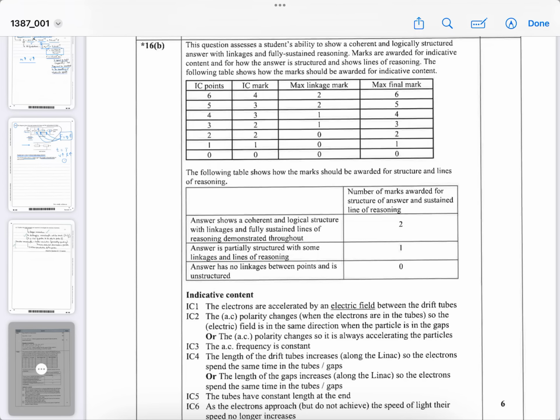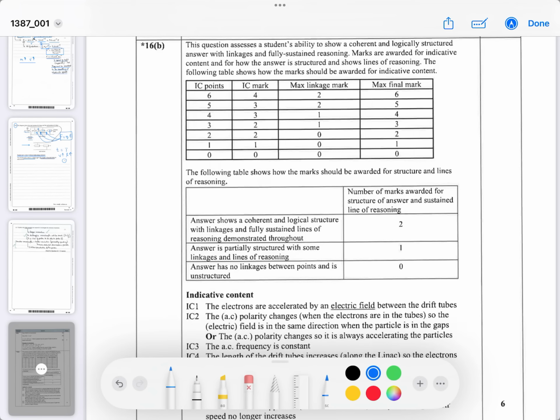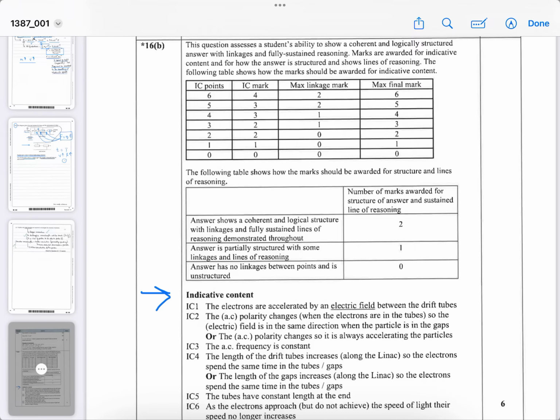Marks are awarded for indicative content, yes. So the indicative content is here. So when you're writing it, you need to include the things at the bottom. And for how the answer is structured, showing lines of reasoning, if you haven't explained it in a clear way, you may only get 4 out of 6 marks or